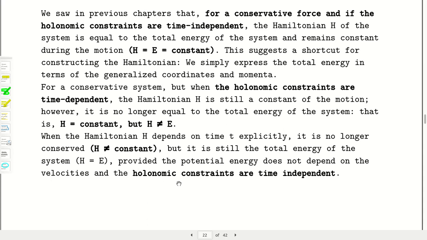And there is another case where holonomic constraints are time independent and the potential does not contain any velocity, but the Hamiltonian contains time explicitly. Then the Hamiltonian is certainly not constant, but in that case the Hamiltonian is equal to the energy. Those three things which I have discussed now, you can see in the previous problems which you have solved in your previous classes for the Hamiltonian equation of motion, and those examples will tell you those things.